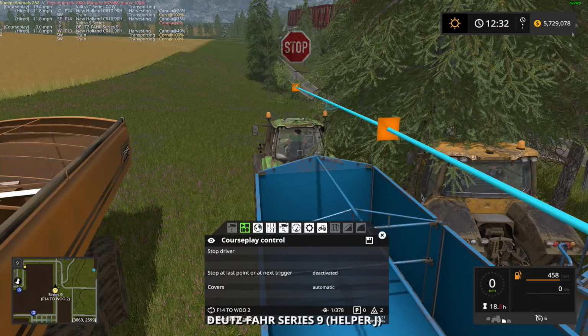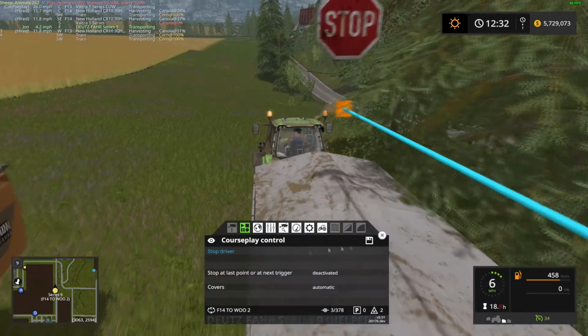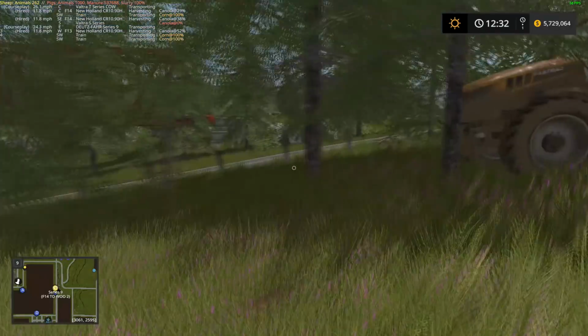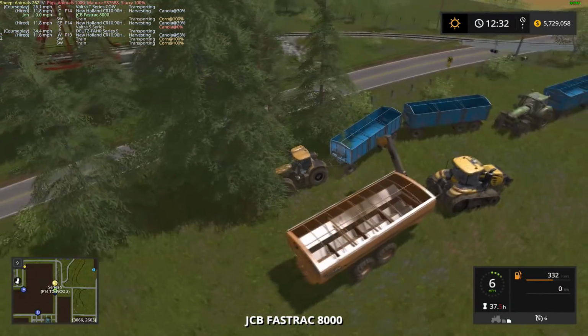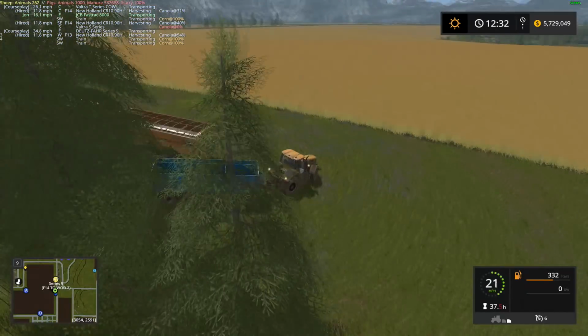Go. I said now. Oh, maybe put you on the first waypoint. That'll get you to move. There you go. Goodbye, ma'am. Nice knowing you, lady. Okay, so what we actually want to do is send this one to the other side